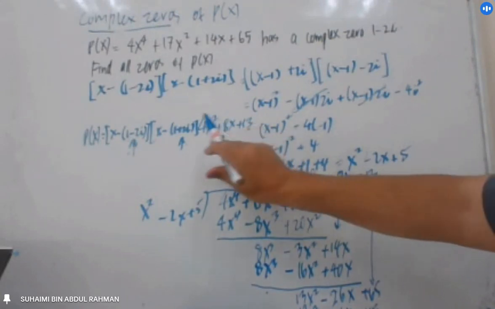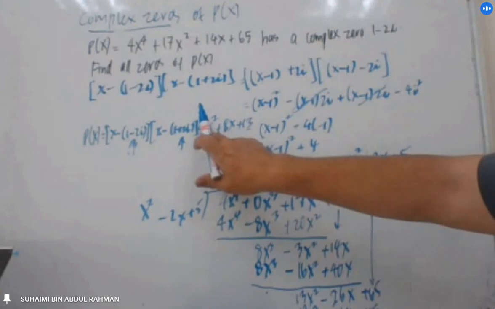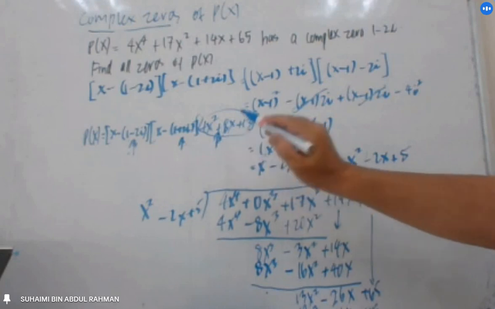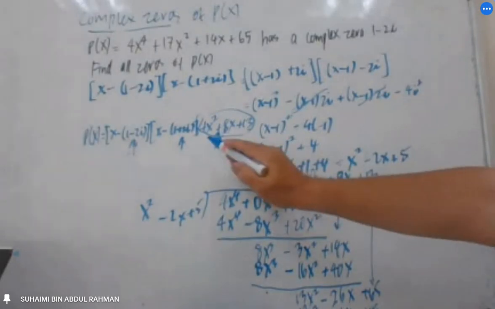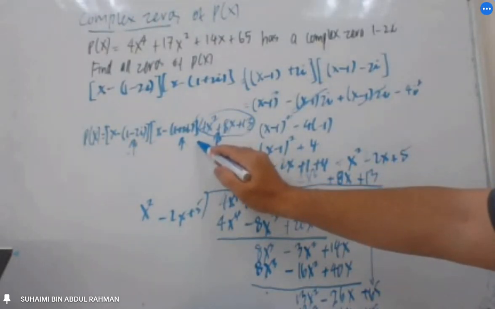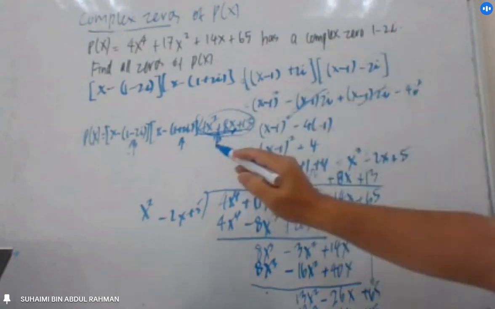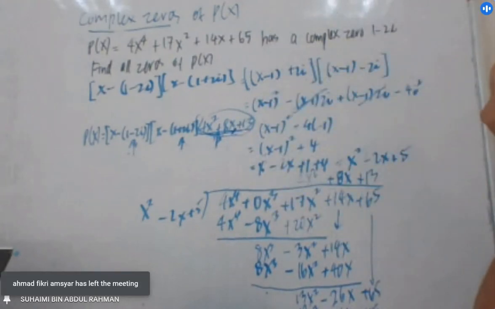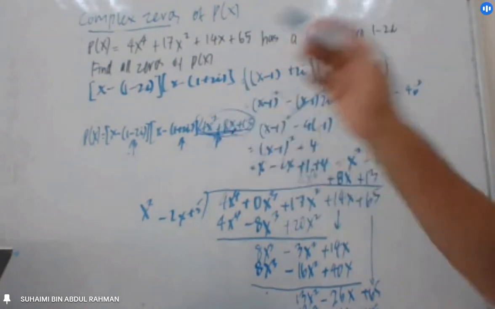So how to find these 2 zeros from here? We have to factorize this one, or remember that this is quadratic. You can get the value using quadratic formula. Because you cannot factorize this, once you cannot factorize, use quadratic formula. You cannot use factor by grouping, you cannot use substitution like I showed, right? But don't worry, because you still can have the value of x here by using